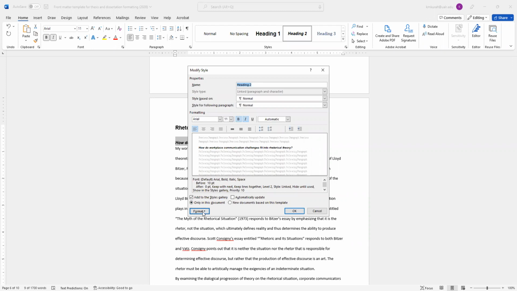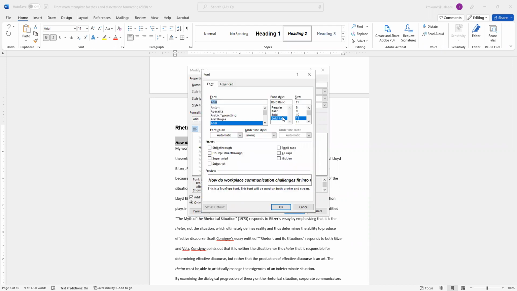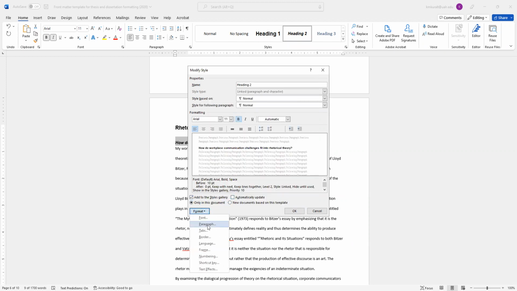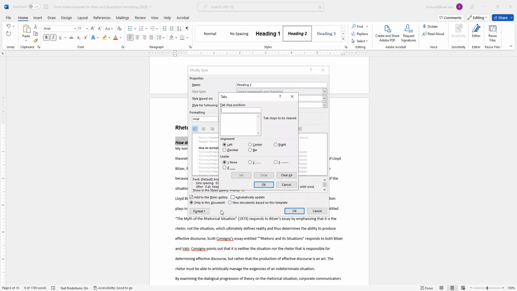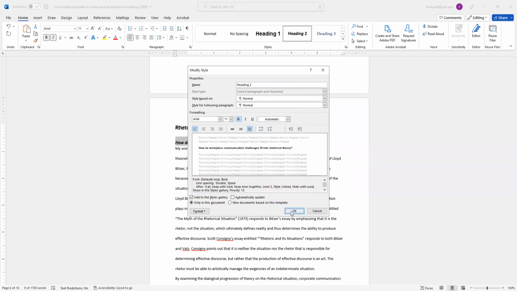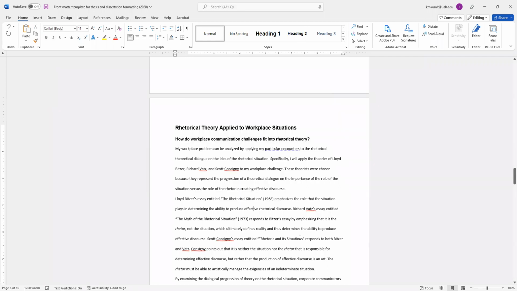So in this particular case, I do not really want my font to be italic. Just plain bold is fine. And then I'm going to check the paragraph. Turn that off. Turn this to double. I'm going to look at the tabs real quick just for a sec. Nope, it doesn't have a tab. So, I keep wondering where that weird indent is coming from. Okay. All right, good. Now that looks nice.